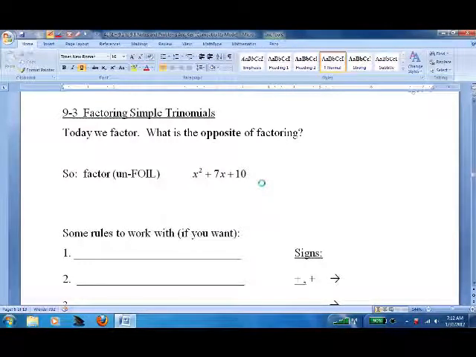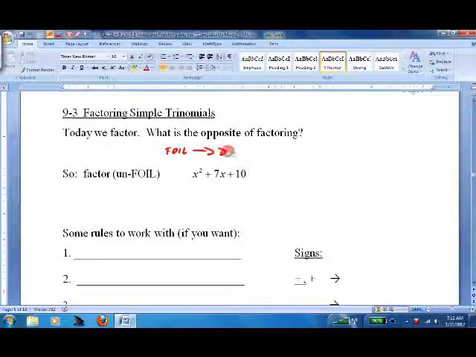Lesson 9.3, Factoring Simple Trinomials. Today we factor. So what's the opposite of factoring? Well, most people call it foiling, or I like to call it distributing. So for example, if I have x plus 5 times x plus 2,